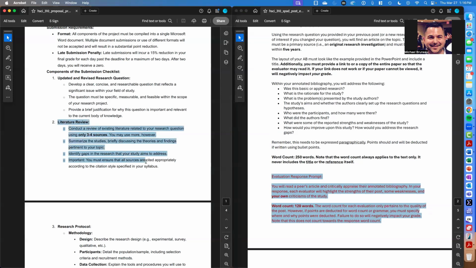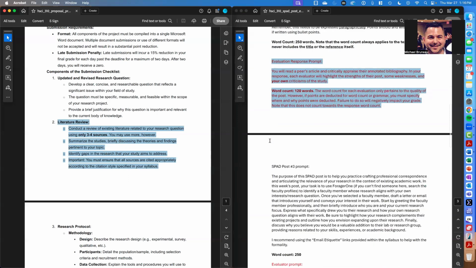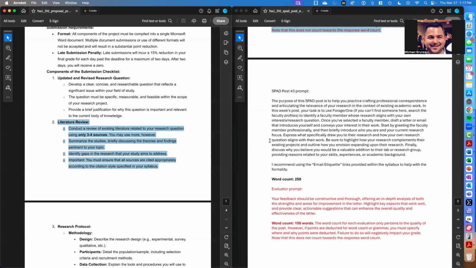upon your literature review. And then as your checklist item, you're going to submit the revised version of the review, which highlights generally what the consensus says about your topic in the literature, what the gaps or the limitations are for you to conduct as part of your research project so that you can execute that project when enrolled in HSCI 450. Then, as we move forward in the class, you can see that for SPAD post number 3, you're